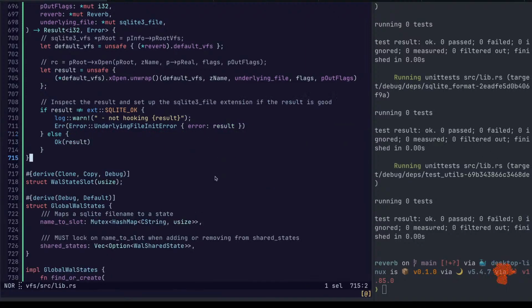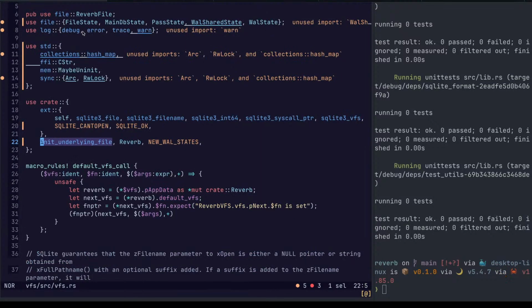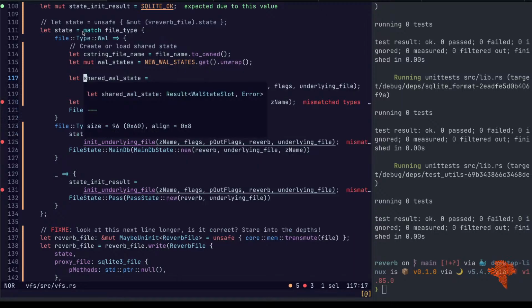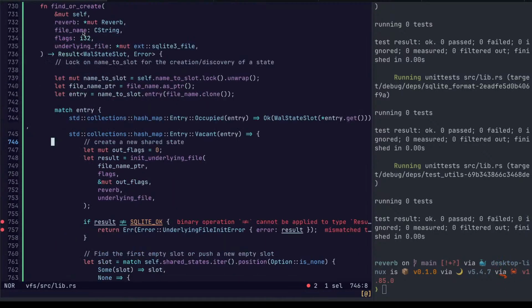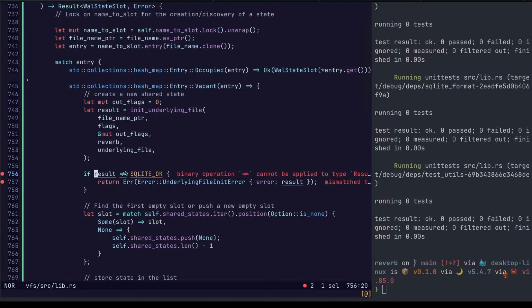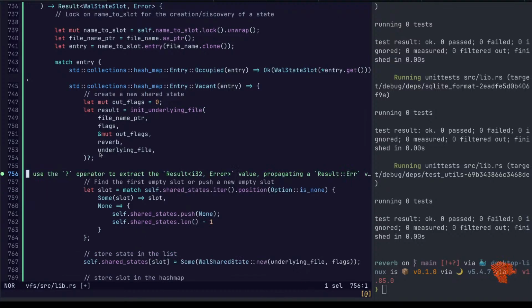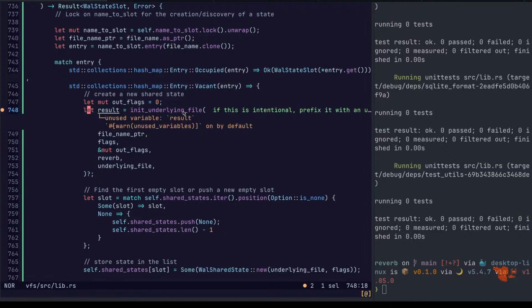Paren is missing. Got it. So that changed. Good. So now that's a result. Love it. Which also means that if that's a result, we can bail early. We no longer have to do that ourselves. Result is not used.